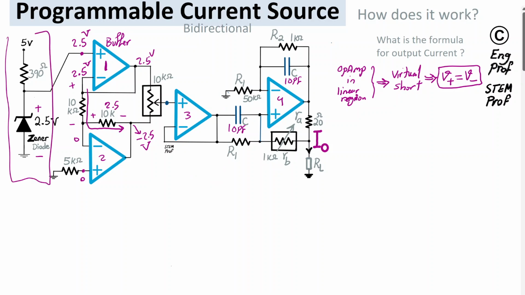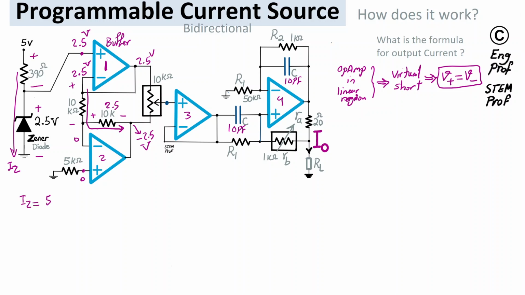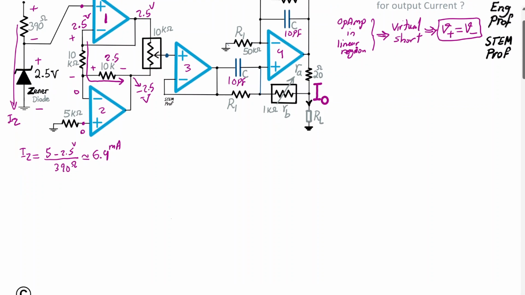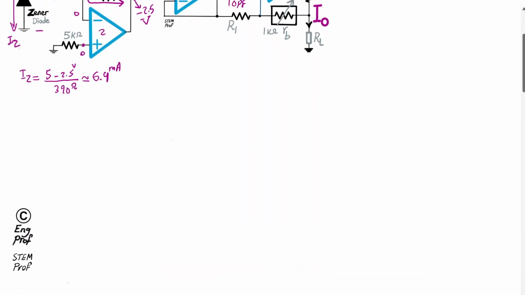Quickly here, we have a 2.5 volt Zener diode and the 390 ohm resistor via the connection between the 5 volt and Zener diode just provides the bias current for the Zener diode, so IZ. Of course, this IZ is as simple as the voltage drop across 390, which is 5 minus 2.5 volt, divided by the 390 ohm, which is roughly 6.4 milliamp, which is good enough practically to make sure that this Zener diode has ample current to be outside of the knee region of the IV curve. So it's stable